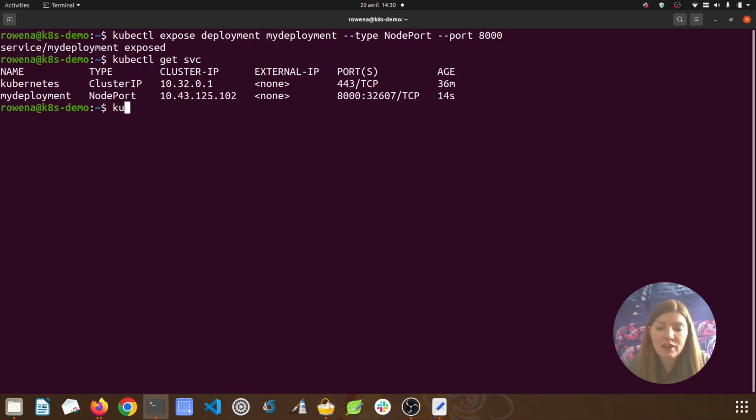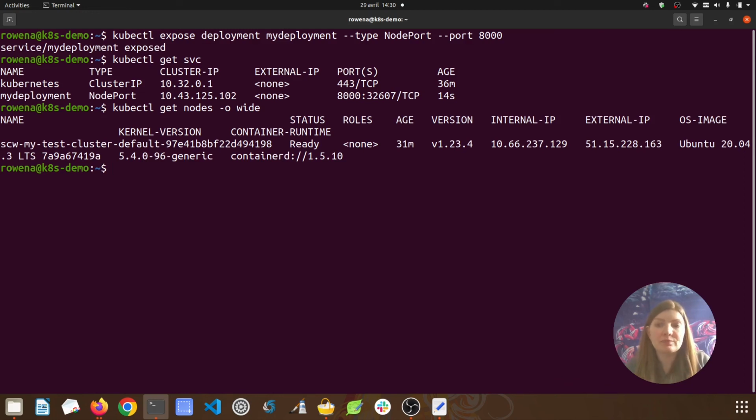Next, we can use our kubectl get nodes command with an extra parameter this time, -o wide. And this parameter allows us to see even more information about each node. So let's run that. Okay, so among this extra info, which is too big to display on one line in my zoomed in terminal, we can see the external IP, which is here. And this is what we're going to need to demonstrate that our application is working. So we're going to go to that external IP in the browser. Let's go back to a browser.